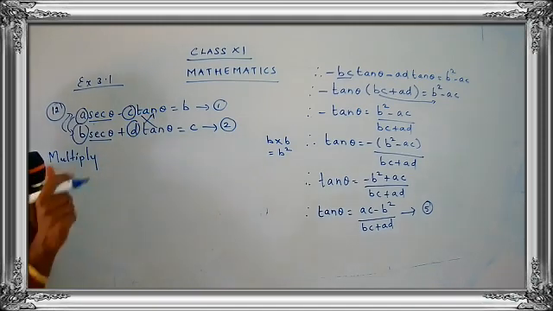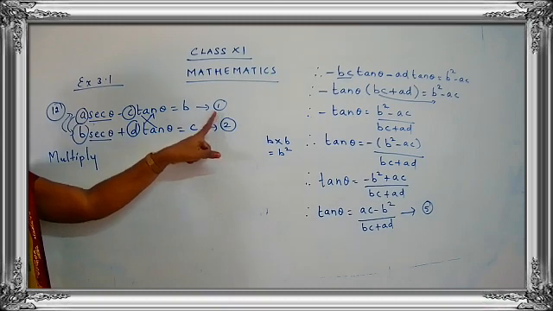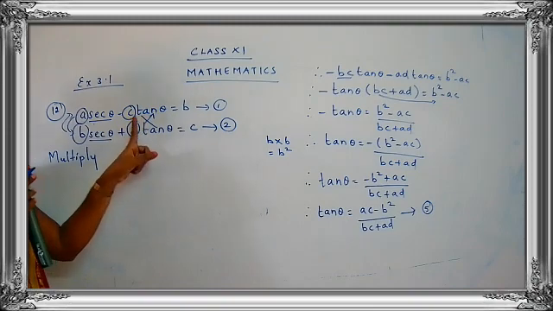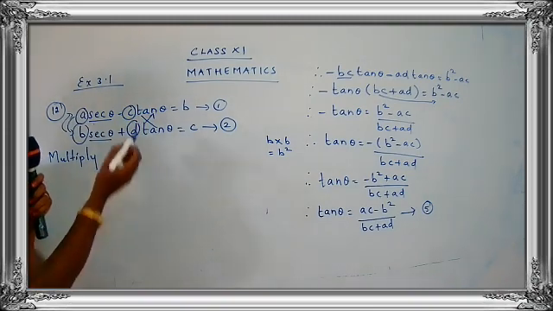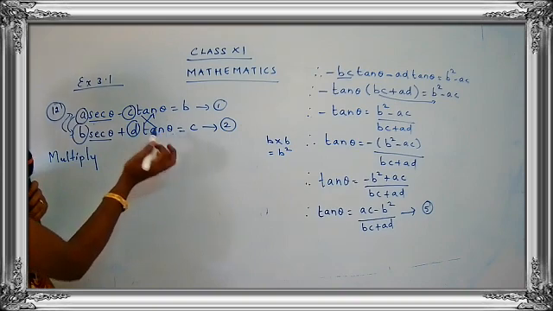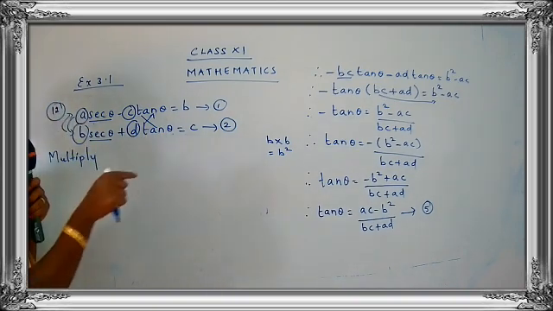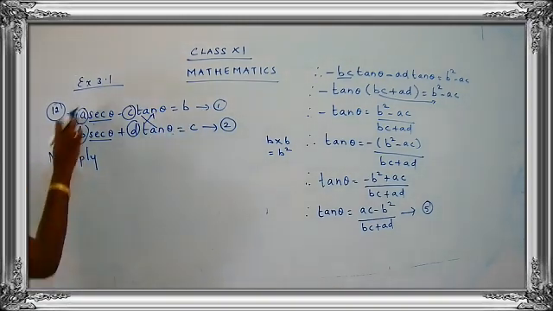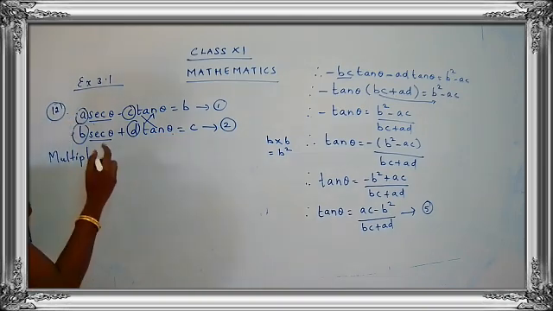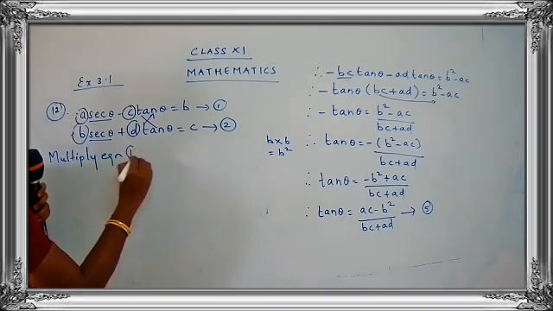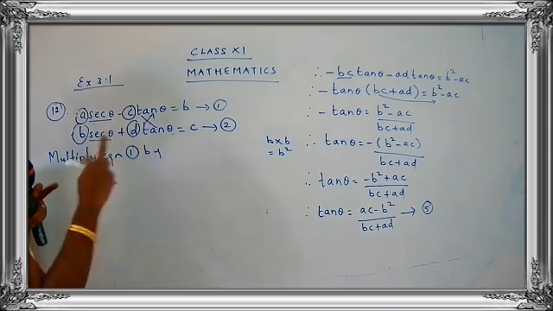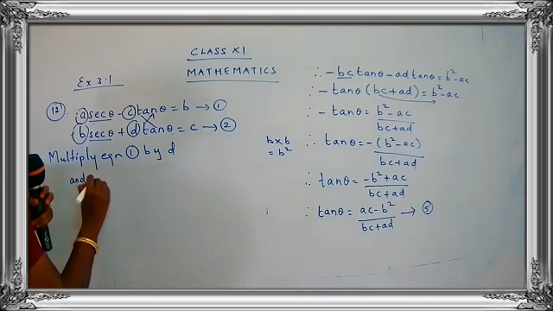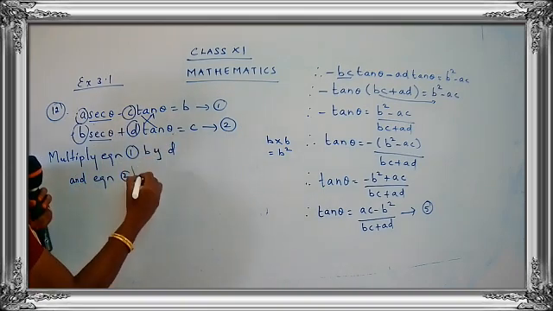So what are you going to do? You are going to multiply equation 1 by D. Yes. And you are going to multiply equation 2 by C. Just exchange the coefficients. Very simple thing. Multiply by C to equation 2 and multiply by D to equation 1. Okay, children? Okay, let's go for the work. Come on, do the work. So multiply equation 1 by D. You're just going to exchange the coefficients of tan theta, by D and equation 2 by C.